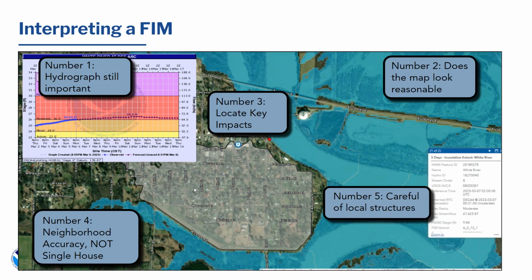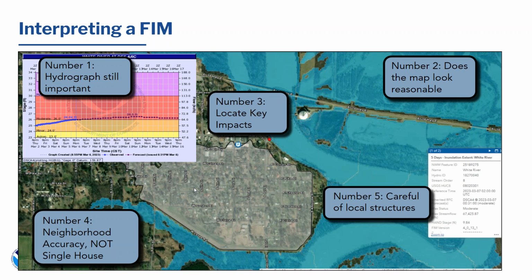Number 3, you want to locate key impacts. So when you look at flood inundation maps, they can be quite overwhelming. You're not going to be able to pinpoint every single impact you see on this map, so you're going to have to be able to locate key impacts. So what do I mean by key impacts? I mean critical infrastructure. Where can we not access multiple subdivisions? Where do we not have access on major roadways? Do we not have access to schools or to fire stations or police stations? Those are the types of things that we want to pull out when we're talking about flood inundation maps. And that's something that we're going to keep in mind when we're messaging impacts from our